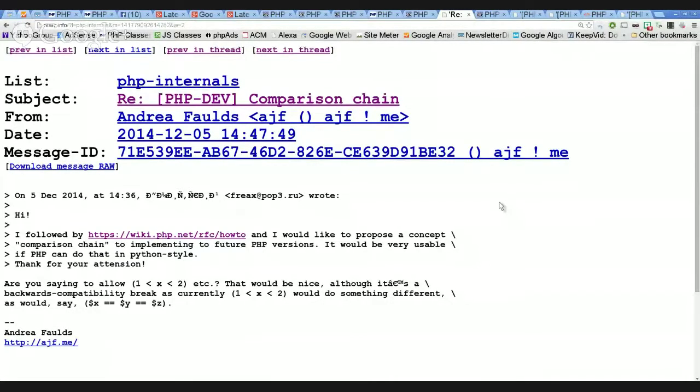And the idea is to allow expressions like this, to have conditions in if statements or others that can, for instance, evaluate if a variable is within a certain range, which in practice would translate to two comparisons. But it would look more elegant, at least from my own point of view, that you can just tell PHP to evaluate if these two conditions are true,